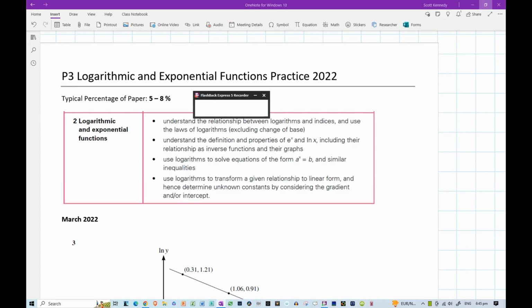So we can rewrite this. Let me just check. 4 plus square root 40 over 6. And what does this give us? I'm going to get x equals 2